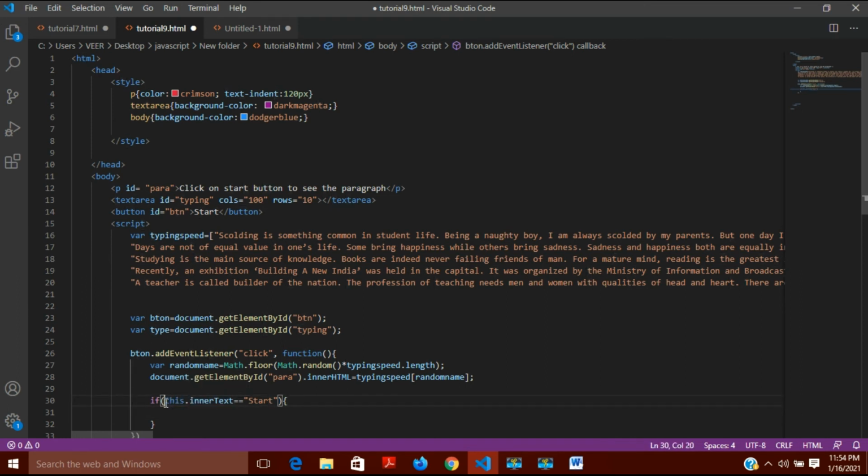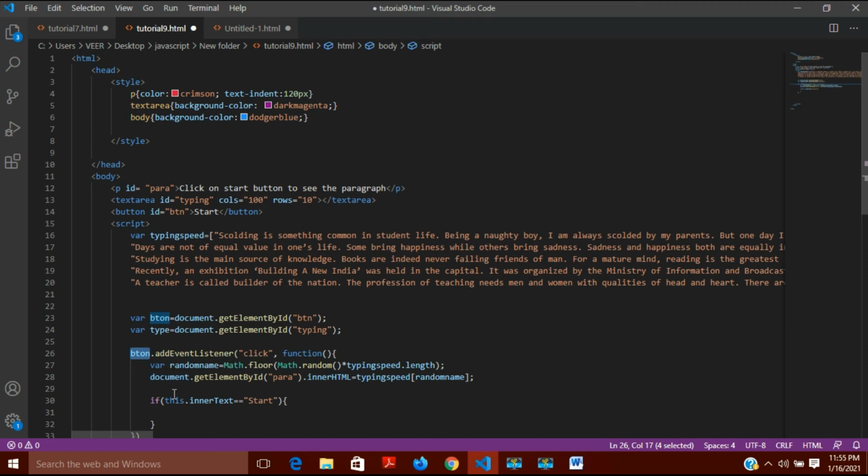Here I have used this dot inner text. What do we mean by this? This means this button. Whenever I use this inside any function, and you can see I am doing all this inside a function, this refers to the button here.